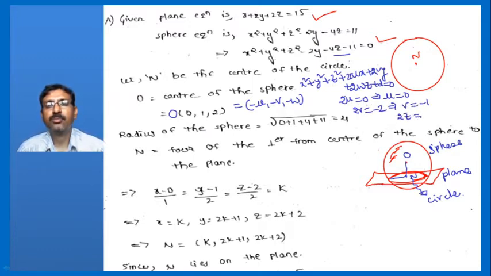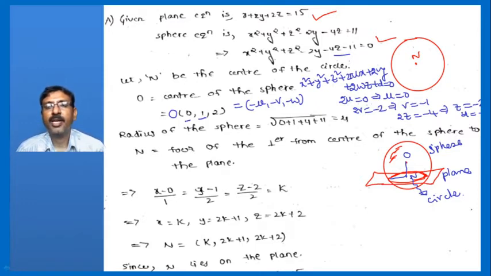Similarly 2w equal to minus 4, w equal to minus 2, and d equal to minus 11. So these are the values. So center of the sphere, the formula is minus u, minus v, minus w, that is minus u is 0, v equal to minus 1, minus v is 1,